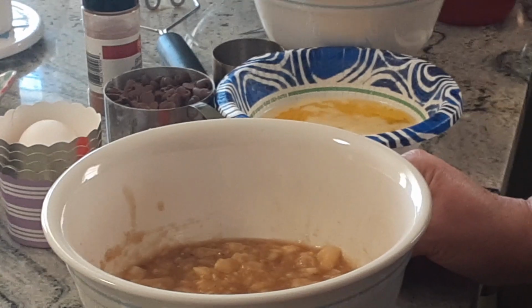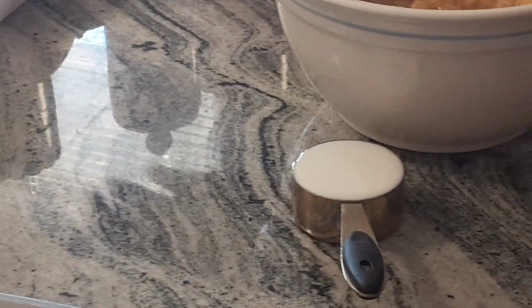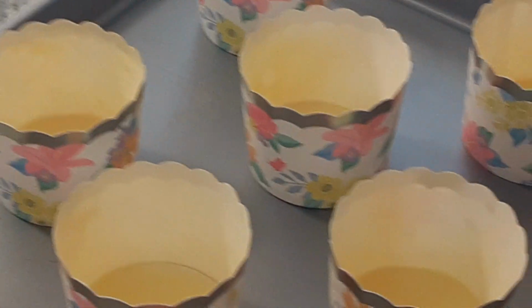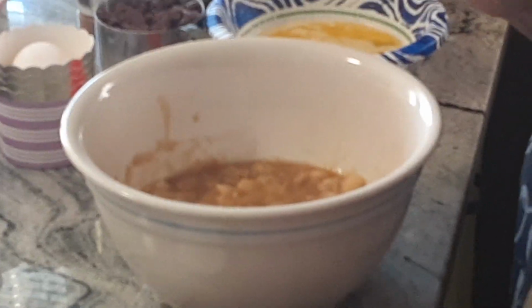And I got these cute little bake cups at the dollar store. And they're real springy, if you can see this one, with this purple stripe. And this one is a little flowery. I did put a little baking spray. I've never used baking cups before. This will be the first time. And they're kind of bigger than just regular paper cups. But I did put a little squirt of baking spray in there. But in this bowl, I have 3 medium-sized bananas, 3/4 cups of brown sugar,